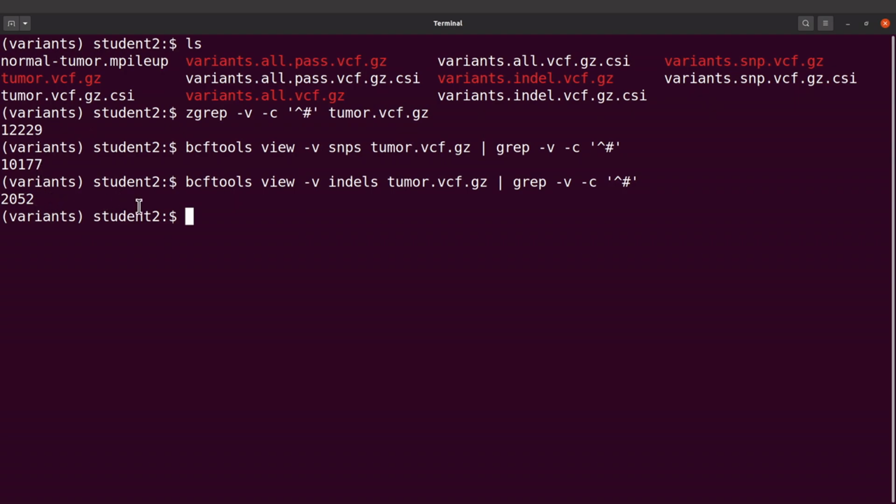Now let's take a look at another statistic. We are going to look at the number of variants per chromosome. First of all, let's display the chromosomes that are in the VCF file. So to display the chromosomes in a VCF file using bcftools, we say bcftools query -f, and then I'll say percent, and I'll add my CHROM. I'll say \n,